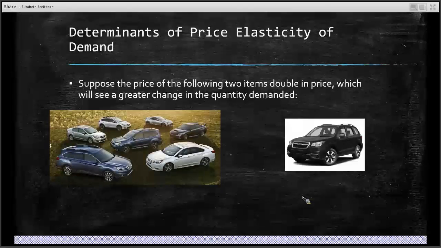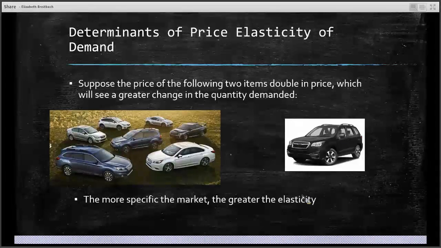In which case are we going to see a greater change in the quantity demanded? We're going to see a greater change in the quantity demanded for the black Forester, because if it's only the black Forester that doubles in price, I can get a blue Forester, or I can get a red Forester, or I can change the type of vehicle I'm getting to one of their cars, or a different SUV. And so I can change my behavior based on the fact that this is such a specific, narrow market. If all Subarus change their price, yes, I could go out and buy a different automobile, but when we're comparing these two, the more specific your market, the more